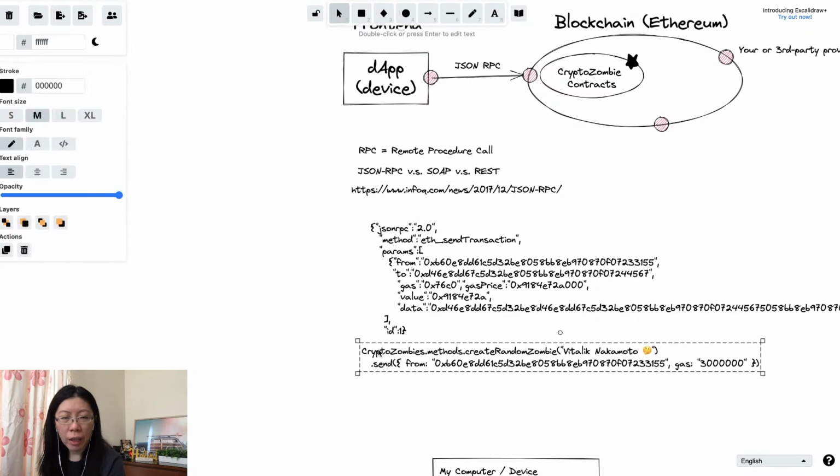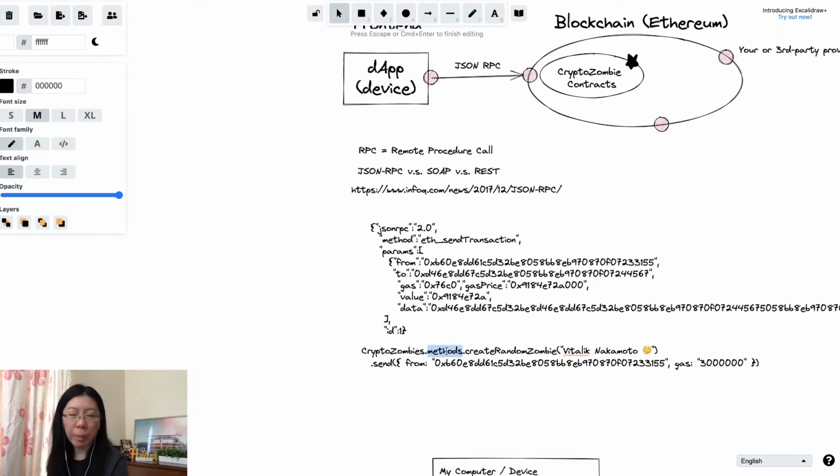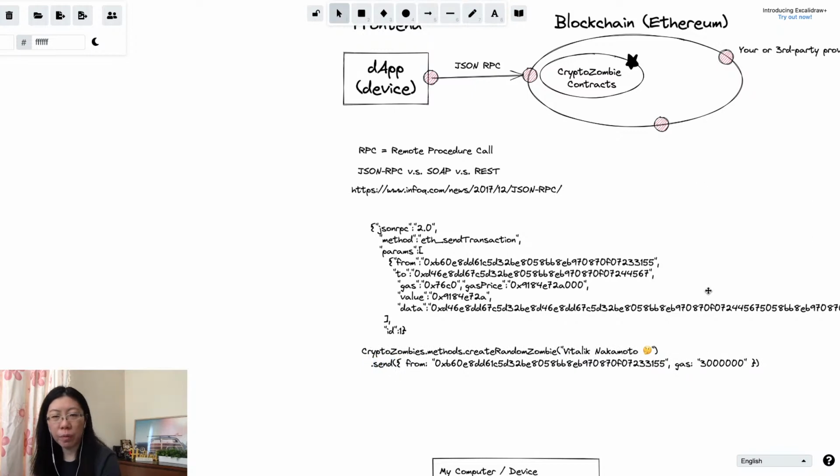The syntax looks like this: once you have a contract, assuming this is your contract, the contract name, so your contract object, and then you can say dot methods. Imagine that you're able to see all the methods this contract provides. Then you simply provide a method name called createRandomZombie, which is the method you already specified over here, passing some parameters, okay? And then there will be some send. We're going to talk about all the details of how you can engage with the functions, either the view functions or